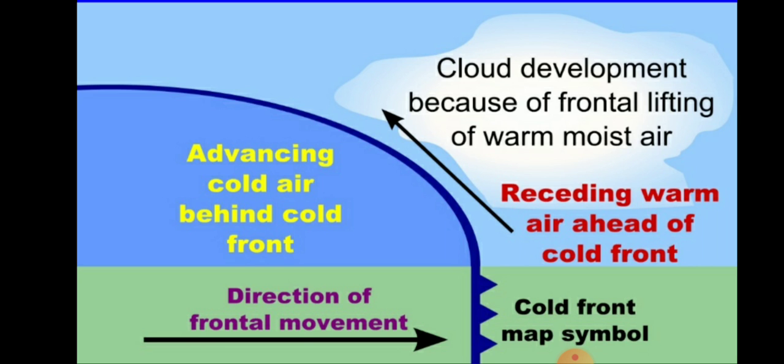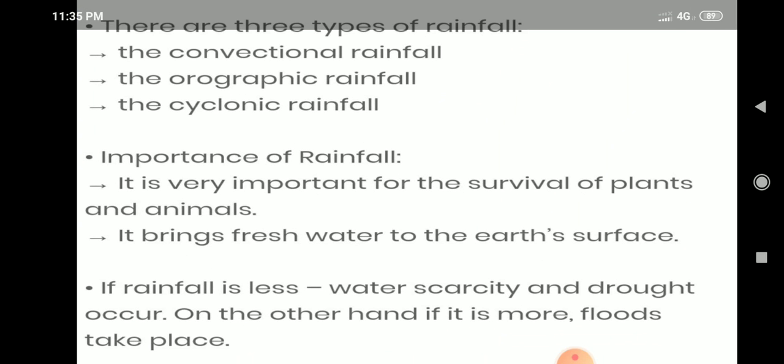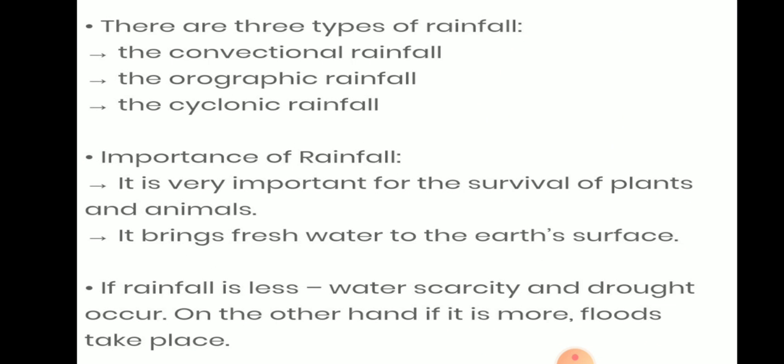So here we have a picture to know the formation of cloud and causing of the rainfall. When two different air masses converge toward each other, that is a cold air mass and a warm air mass, and they come in contact with each other, a boundary zone develops between these two air masses, known as a front. When the warm air overrides the cold air, there is development of clouds. So here is the picture of that. Then, as for rainfall,